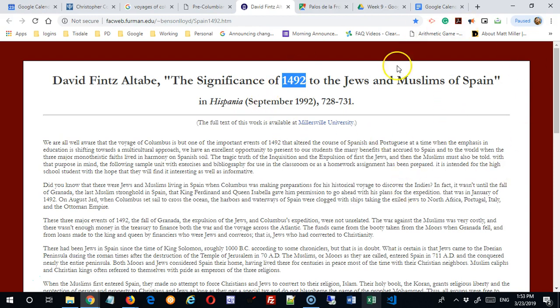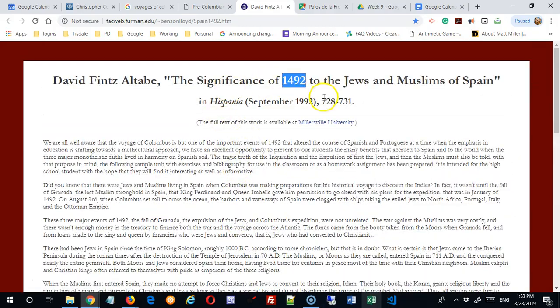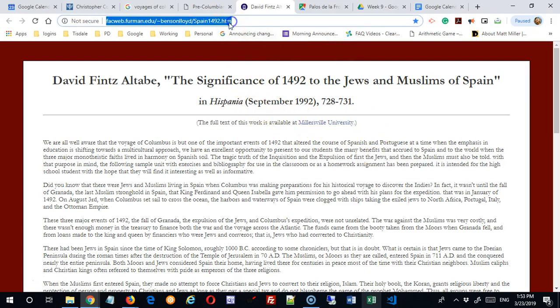But there was a lot going on in Spain at that point. Spain had been occupied by the Moors up from Africa, and it had a significant Jewish population at that time, and this is a very interesting article that tells you a little bit about what happened in 1492